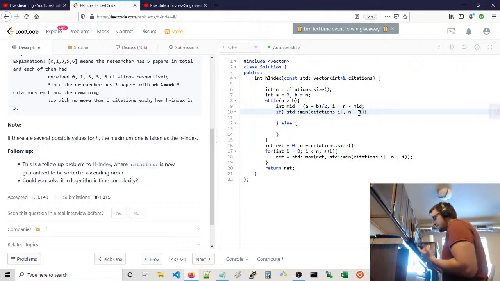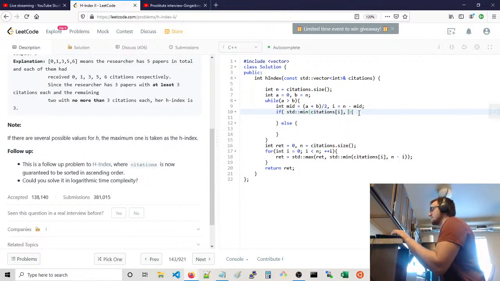Mid is 5, so 0, 1, 2, 3, 4, 5, and n is 10. 10 minus 5 is still 5, so it's going to be 5, 6, 7, 8, 9. We still have 5, right? Still have 5. This is just mid though. This is really n minus i. So this minimum, if this is greater than or equal to mid, that's what we're looking for. If this value is greater than or equal to mid,